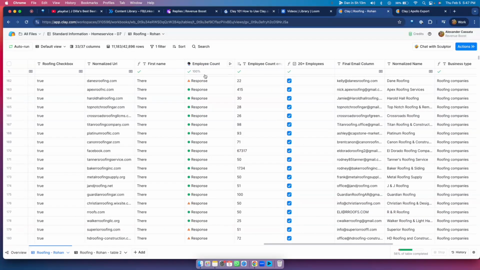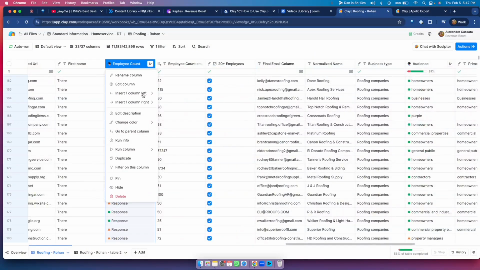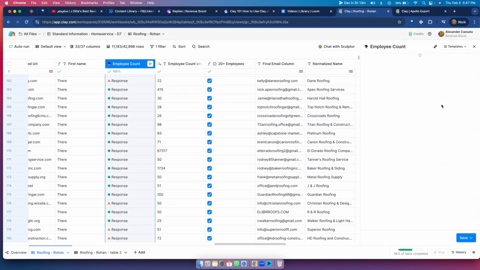So first, we wanted to qualify these leads. We only want to reach companies that have over 20 employees. So we ran a formula here to just mark a checkbox for those. So first, we use AI to actually research these companies, right? So you can see here that